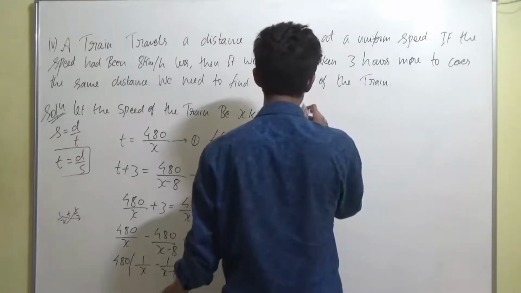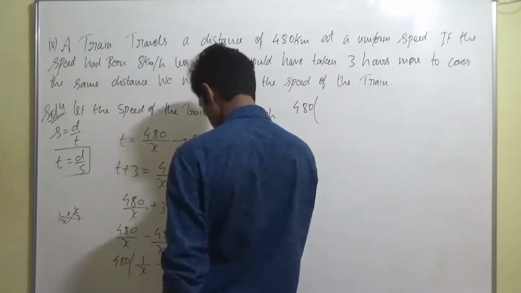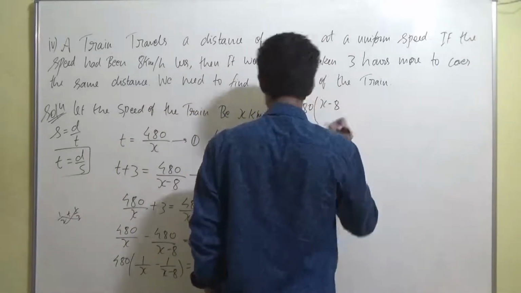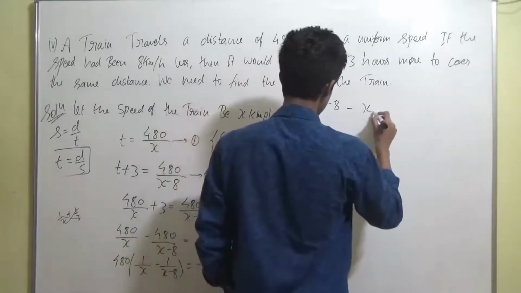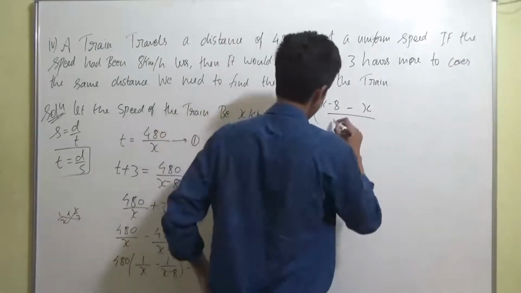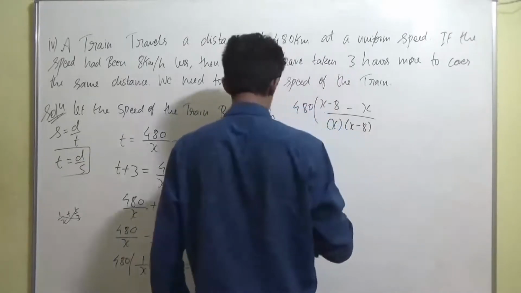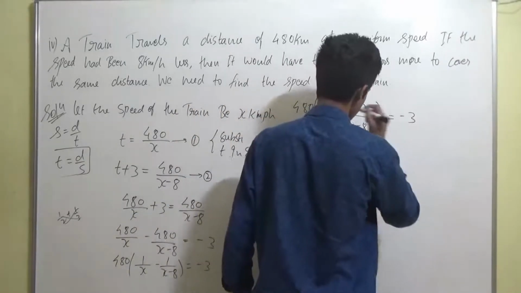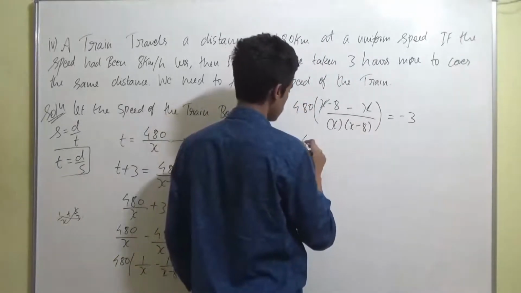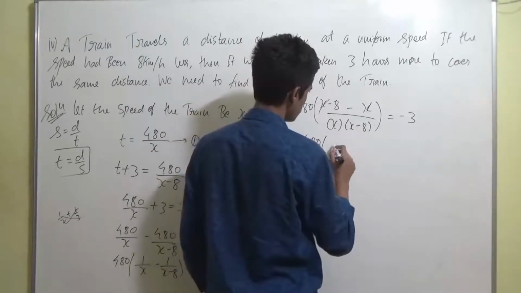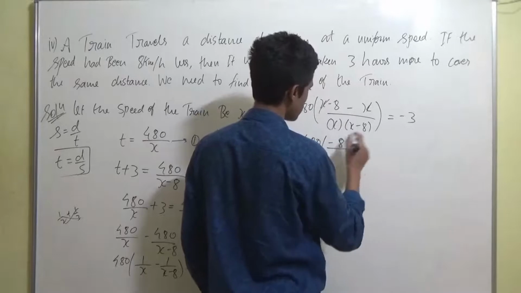Getting it? So it becomes 480 into, see here, x minus 8 minus x by x into x minus 8, this whole bracket equal to minus 3. Getting it, guys? Now x and minus x will get cancelled. So it becomes 480 into minus 8 by,